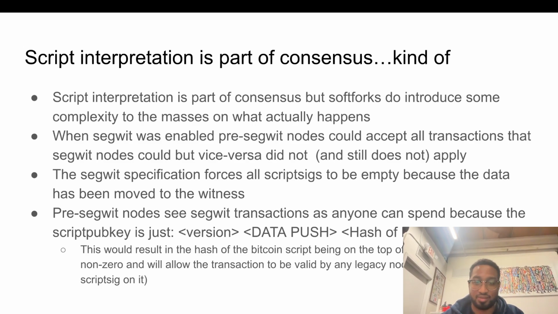Okay. What was I trying to say here? I was just trying to say that the interpreter, or how scripts are run by Bitcoin nodes, is part of consensus. You can change things intelligently such that you could have a soft fork and still maintain consensus by doing whatever upgrade you want to add,